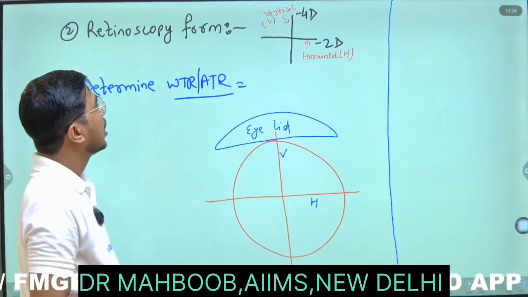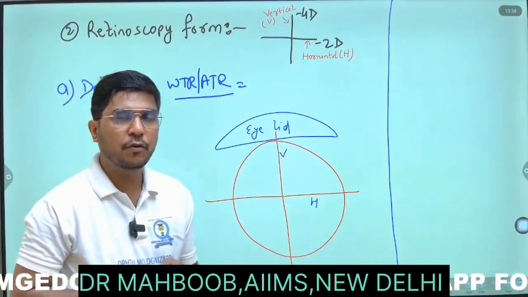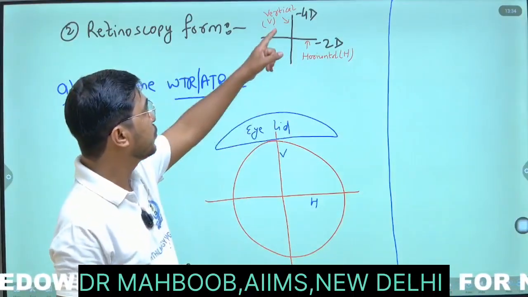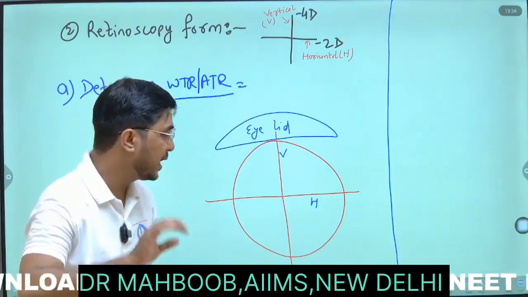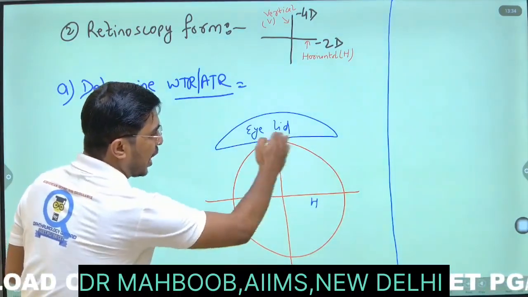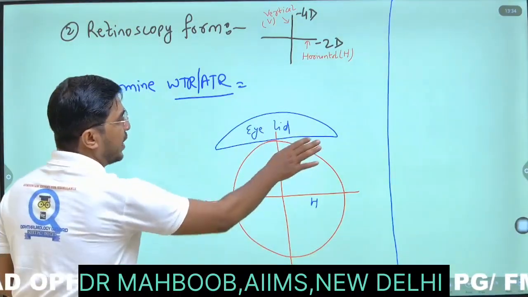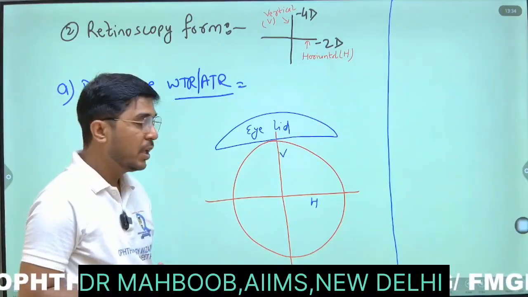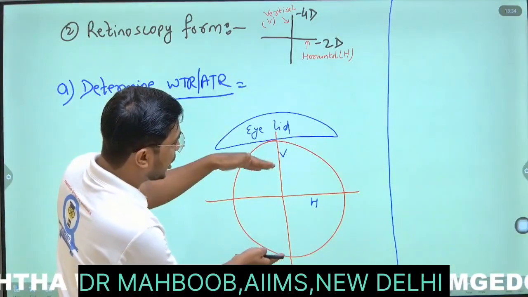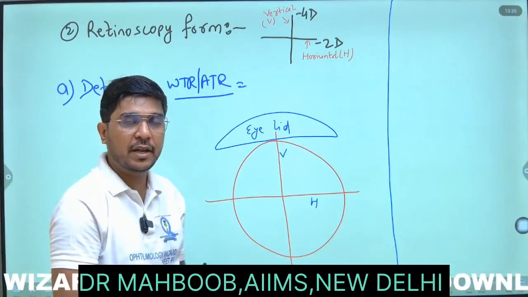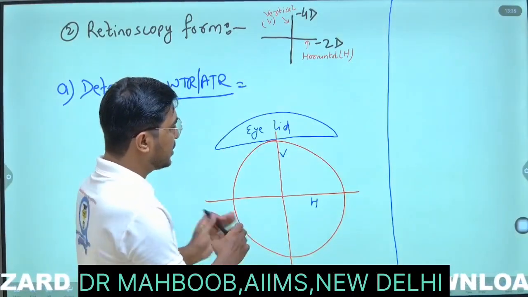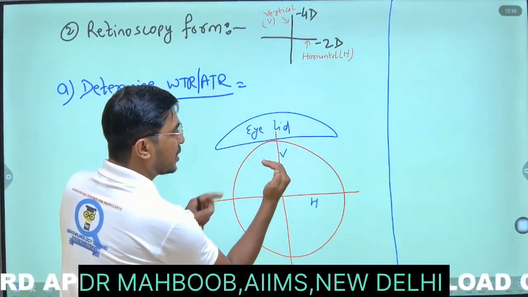Now, second form is the retinoscopic form. They can give you this form. This is vertical meridian, this is horizontal meridian. Let me tell you one simple example. If this is our cornea, and this is upper eyelid. Okay, this upper eyelid exerts pressure on the vertical meridian, and this vertical meridian becomes more